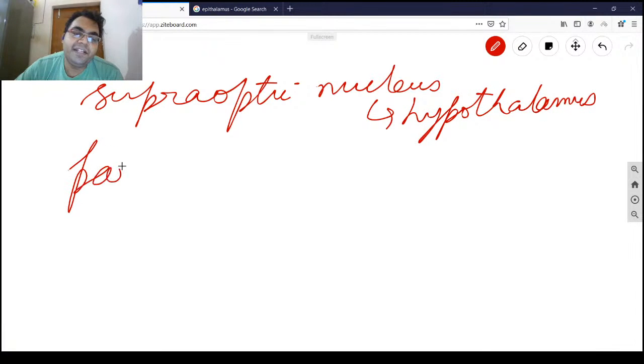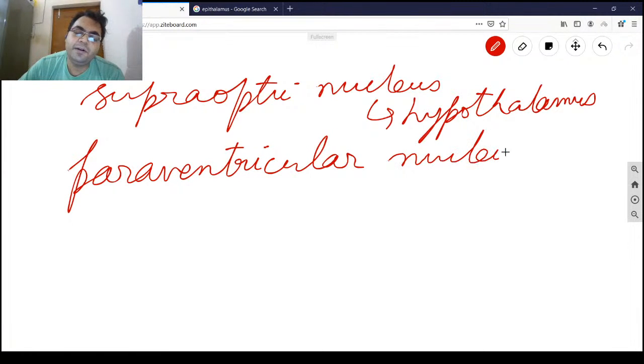You have the paraventricular nucleus, only these two come in the NEET examination. The rest you have a lot of other nuclei, like the mammillary nuclei, the preoptic region, the tuberal region, but those will not be asked in detail in your NEET examination, so we won't go into those details. But the supraoptic nucleus and the paraventricular nucleus are responsible for the release